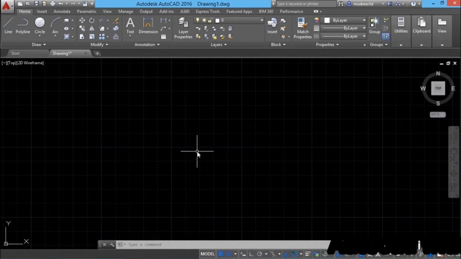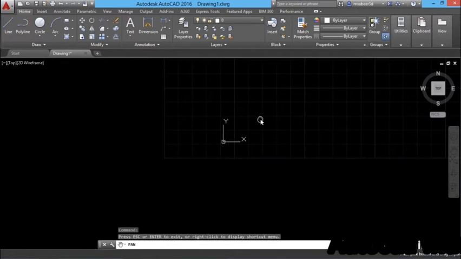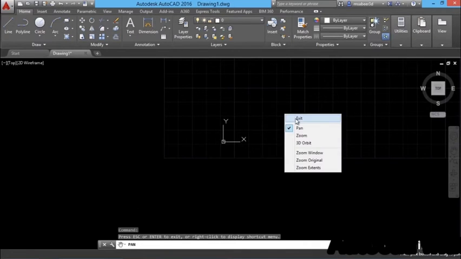Now let's come back to the coordinate setup. Over here, we can see the first quadrant. Now I'm going to pan my screen. When I pan my screen, you can see that the origin is getting shifted. Now you can see the first quadrant here, second quadrant here, third and the fourth quadrant is also visible. So likewise, you can bring in all the four quadrants within the screen if required. Now I'll right click and exit.